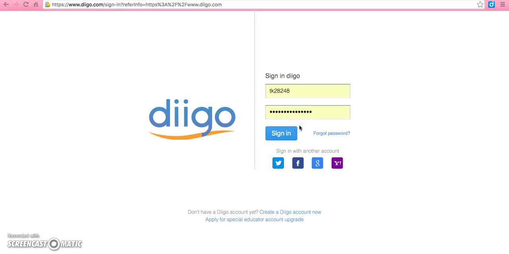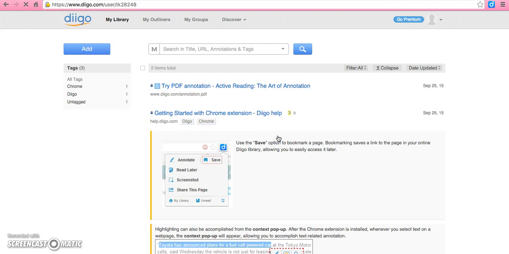Diigo is an online annotation and outlining service for educators and students. Once you sign up and sign in, you are brought to your Diigo library. The first time that you sign in, there will be a link in the corner that says Download Chrome extension. Once you click on that, you will have this blue square in the corner of your browser that lets you